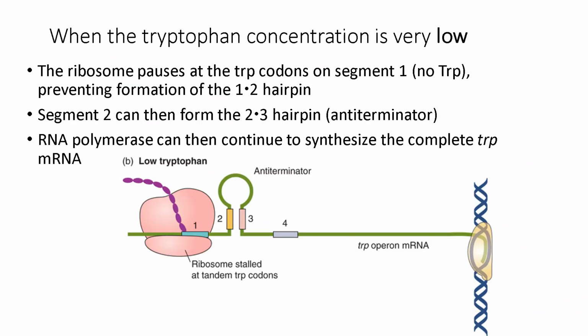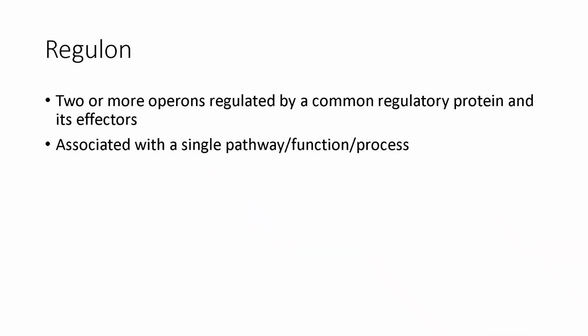In contrast, when tryptophan is scarce, the ribosome stalls at the 2 TRP codons in segment 1 of the leader peptide. Because the ribosome blocks segment 1, it cannot pair with segment 2. This frees up segments 2 and 3 to pair, forming an anti-terminator hairpin instead of the 3 to 4 terminator. As a result, RNA polymerase continues transcription of the structural genes, enabling the cell to produce the enzymes needed for tryptophan synthesis. A regulon is a group of 2 or more operons that are regulated by a common regulatory protein